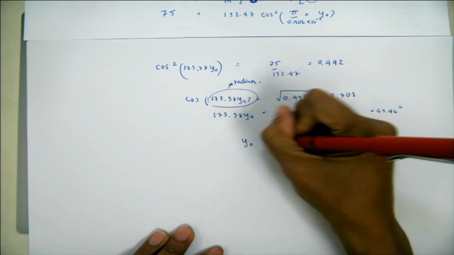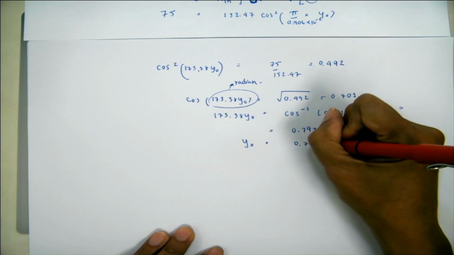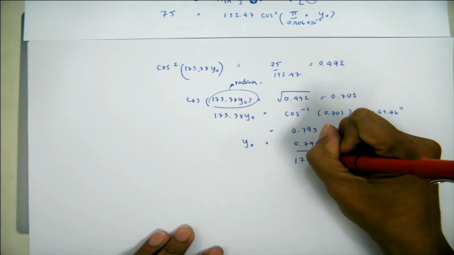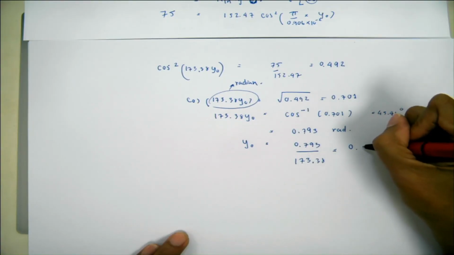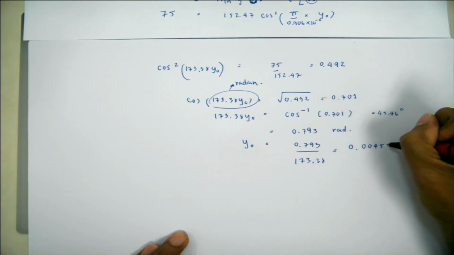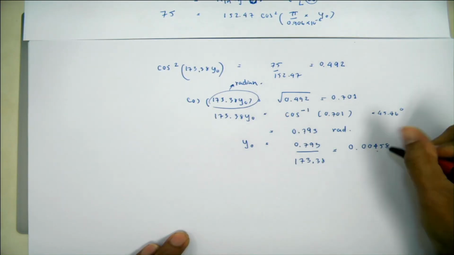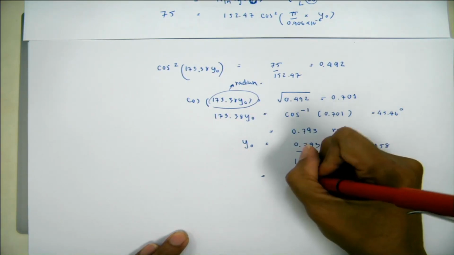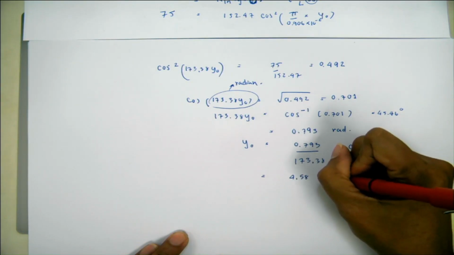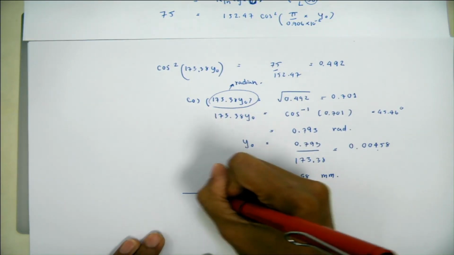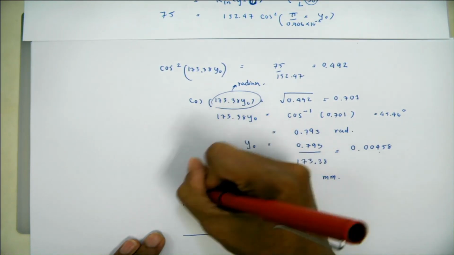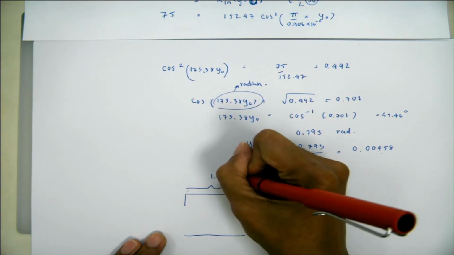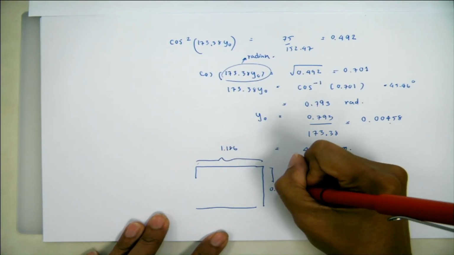Therefore this y naught is 0.793 divided by 173.38, and we got 0.00458. If you think in the unit of millimeters, it's about 4.58 millimeters. So that means this is your W, this is your L. Your W is 1.186, and your L is